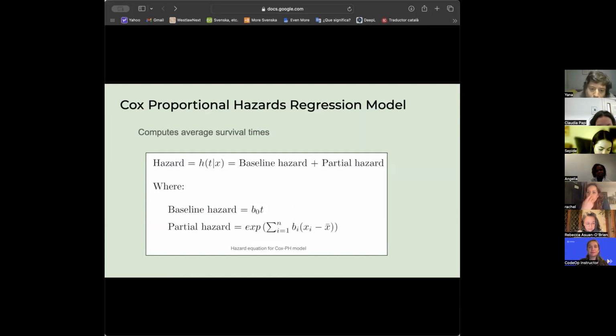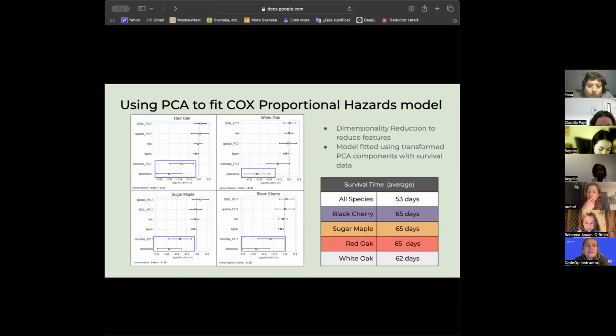And if you go to the next slide, what we tried to do is use machine learning, so use PCA to reduce the feature complexity to make predictions on survival times. By grouping things like the soils, the spatial data, and the microbe data, and then fitting these features to the model, what it showed is that